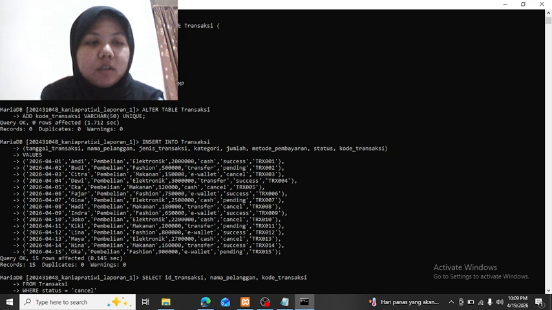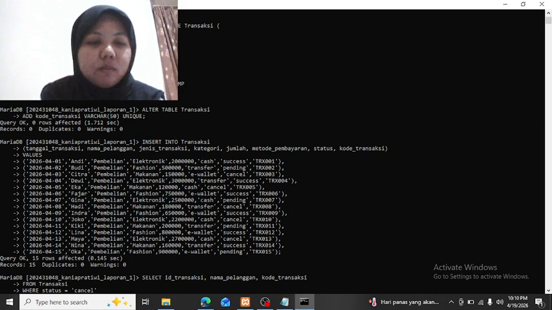And then the second one, tanggal underscore transaksi, the date of the transaction, and then nama underscore pelanggan, that means the customer's name, and then jenis underscore transaksi, the type of transaction, for example purchase, and then category is for the item or service, jumlah is for the amount of money,